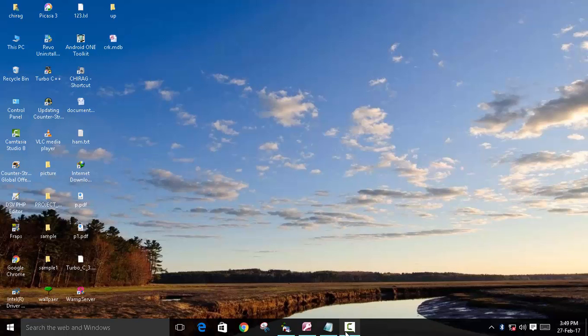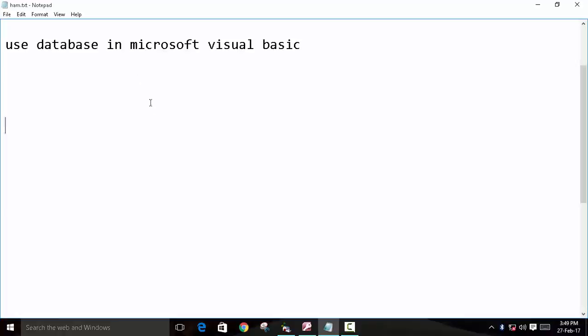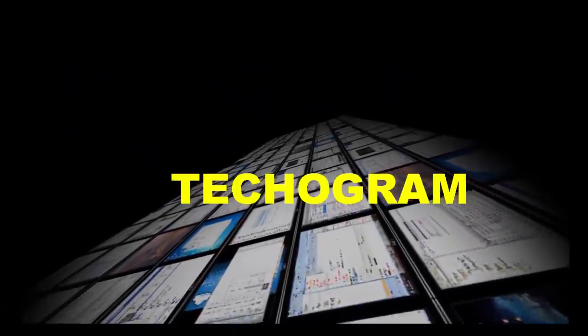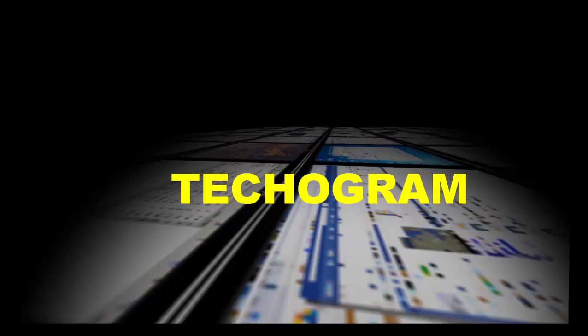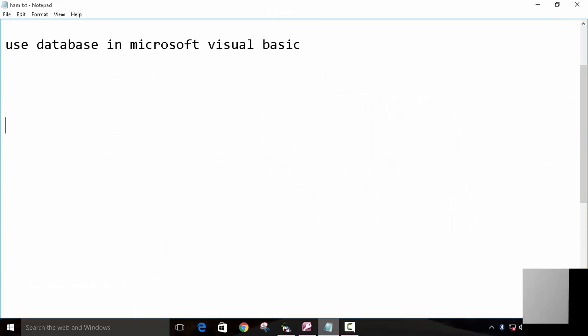Today we are going to learn how to use a database in Microsoft Visual Basic. So here we will create a table and then input data in our VB application that will be stored in our Access database. There are a few steps you have to